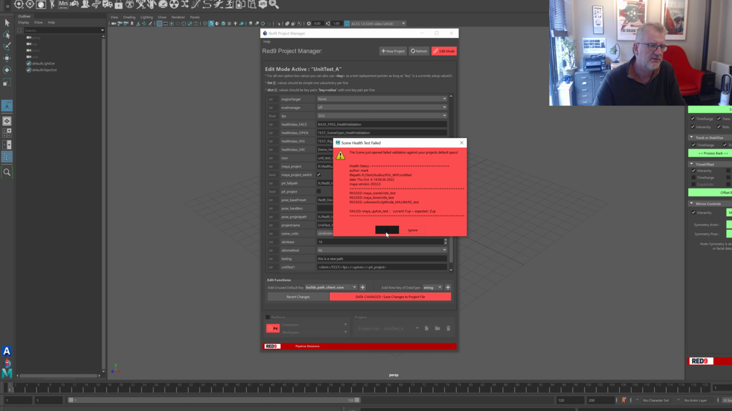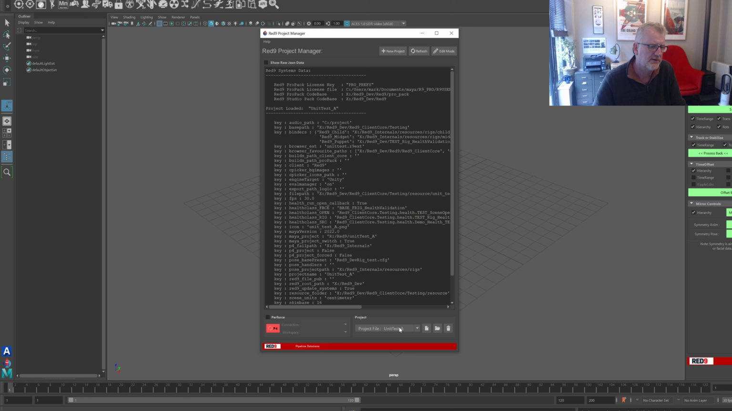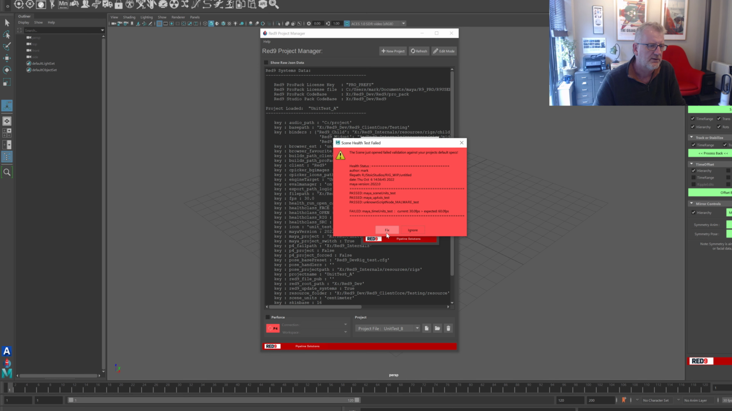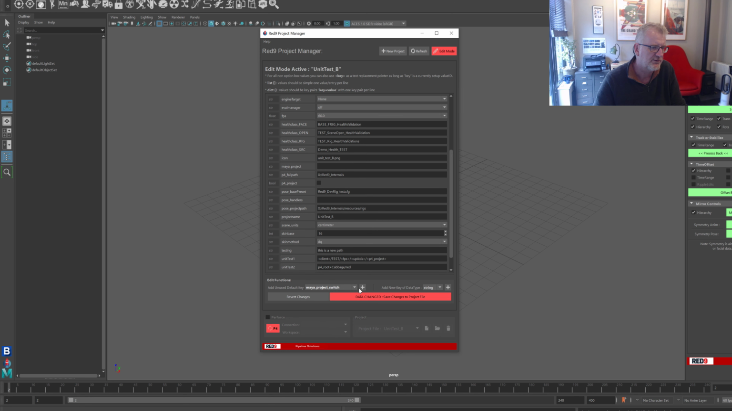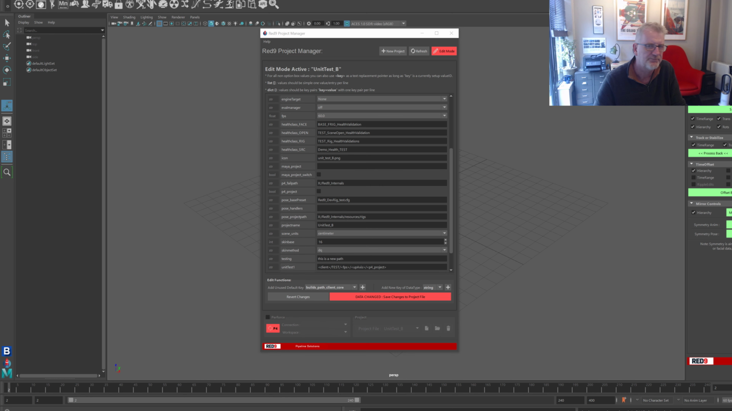This will come to in a second. Okay, come out of that. I'm going to switch to unit project B. Okay, ignore that. Yes, I'm going to add the same things in. So I'm going to add those two Maya keys. So Maya Project, yes. Continue, and Maya Project Switch, yes, continue, and these I'm going to point to Maya Project